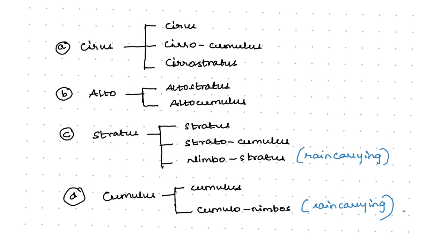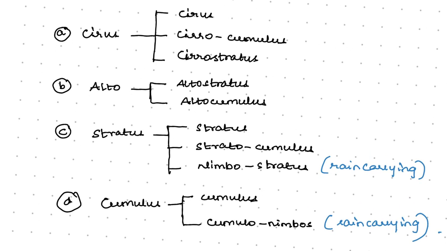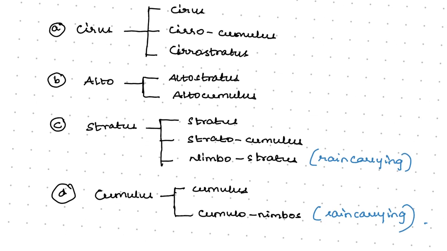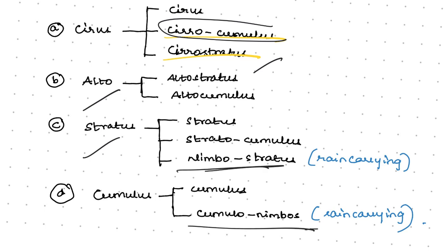So finally we'll just quickly brainstorm. So cirrus clouds are the higher clouds. So in this there are cirrocumulus and cirrostratus. So whenever you want to remember these types of clouds easily, use the word breakdown. Cirro plus cumulus, puffy like structures, cirrostratus is sheet-like, right? And next, in alto there are two types, altostratus and altocumulus. Next we have discussed stratus. So nimbostratus in stratus and cumulonimbus in cumulus are the rain carrying clouds. So out of all this, the anvil shape is for cumulonimbus clouds, right?